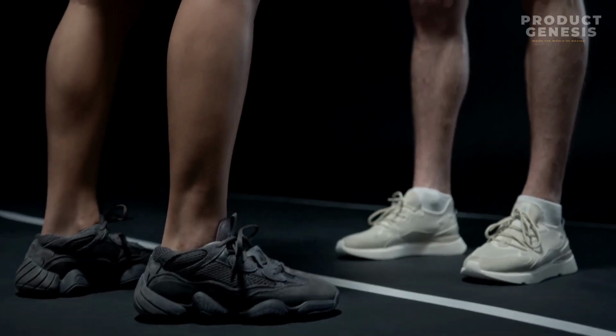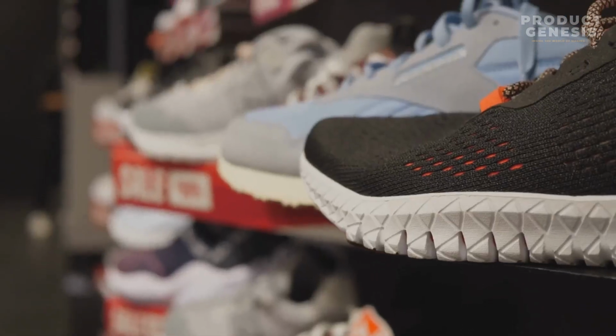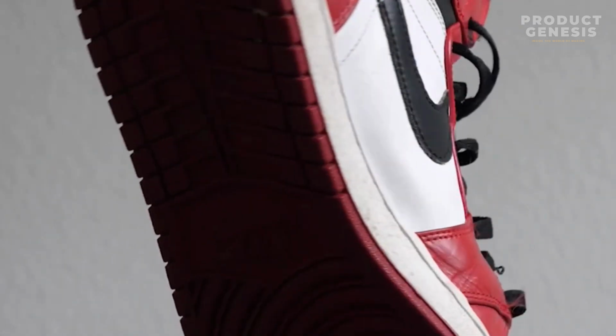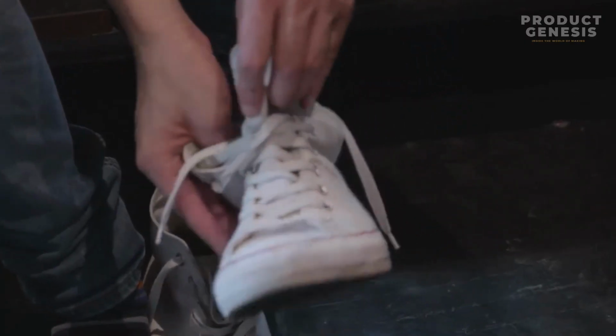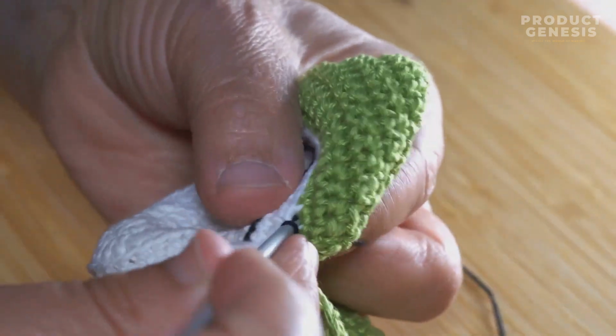It's all about performance, comfort, and increasingly, sustainability. Think about the uppers of many modern running shoes. You'll often find engineered meshes. These are lightweight, breathable fabrics that can be designed with different zones of support or flexibility. Then there are knit technologies like Nike's Flyknit or Adidas's Primeknit. These create an upper that's almost like a sock. It's made from a single piece of yarn which reduces waste and creates a super